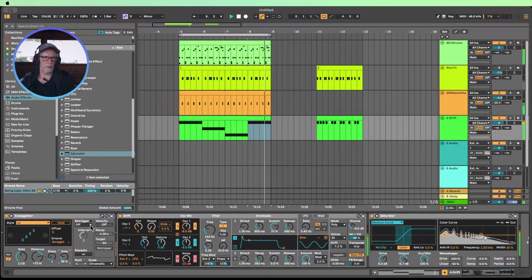Let's also turn on the arpeggio re-trigger. We'll do it by beats. So the ARP will re-trigger every now and then. Kind of resets the pattern a bit. We could also try